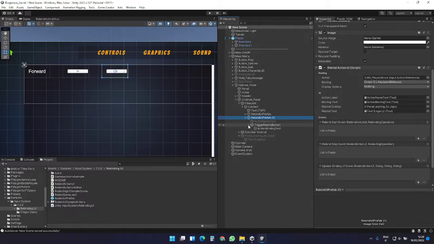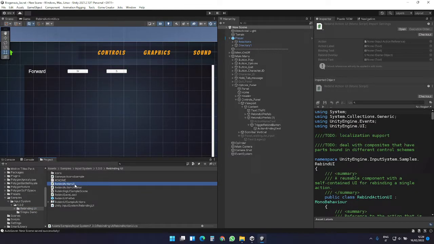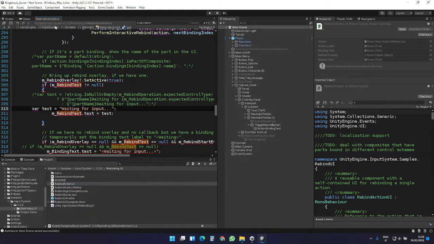What is anything else? Oh yeah, in the script, which is over here in the sample rebind UI, there is the rebind action UI script. This is the script that actually is controlling that. This is a button actually. It's this one over here where I actually